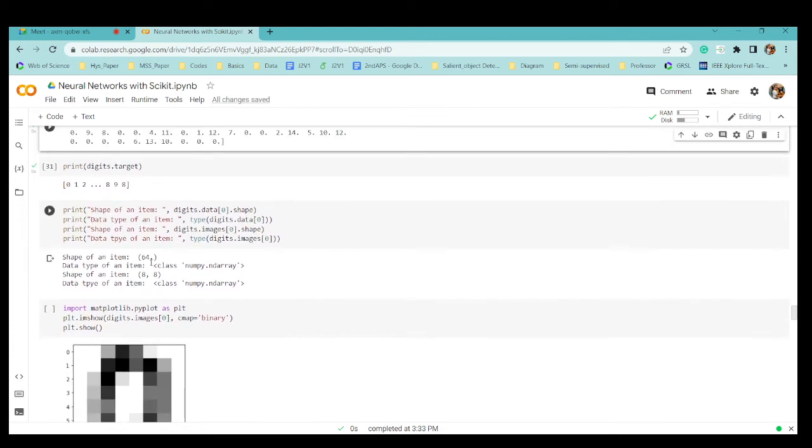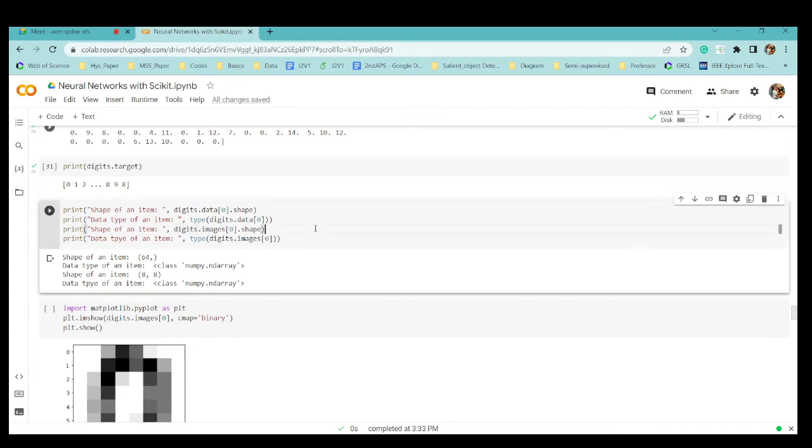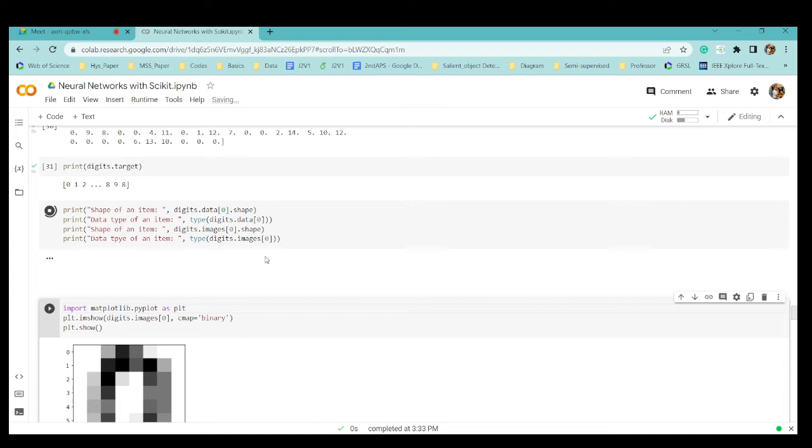Now we need to know the shape of an item. We are taking the 0th point. What is the data type of an item, like an integer, float, or string? What is the shape of an item, and how many values does it have? We can see 64 items, and the data type is numpy, meaning it's an array.